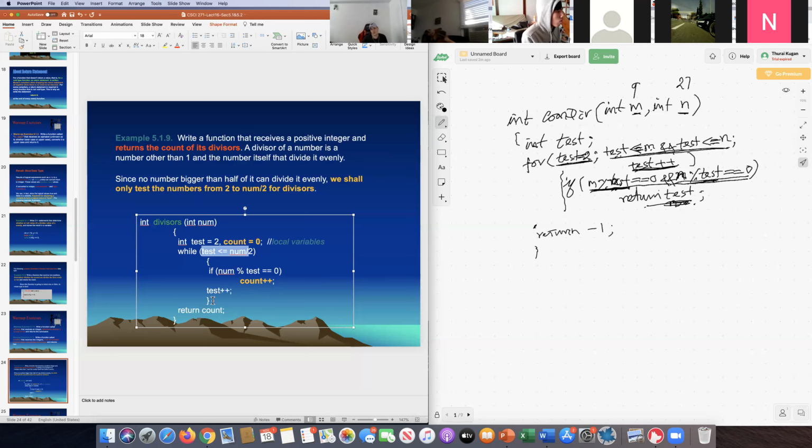When the loop finishes, it'll come to this line. There I say return count. The count is our answer. So the return type is an integer because I'm returning the count, and that's why the return type is int. Okay, so